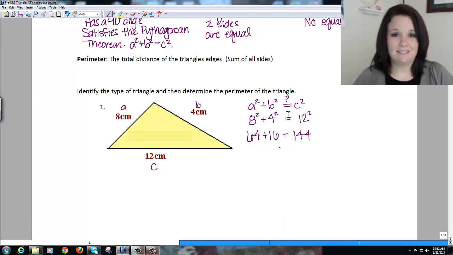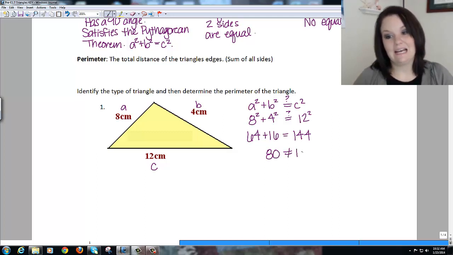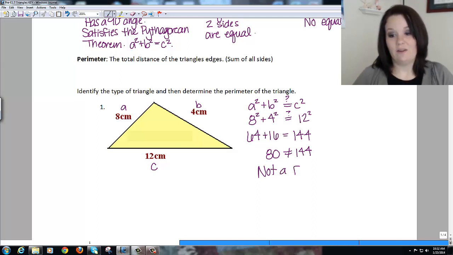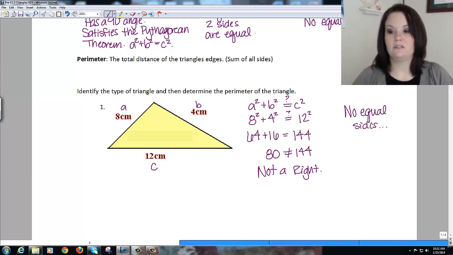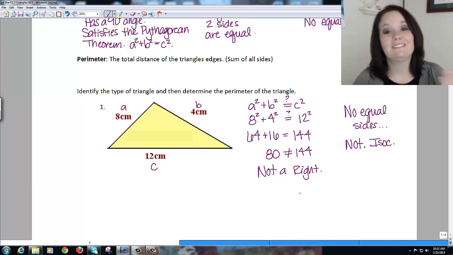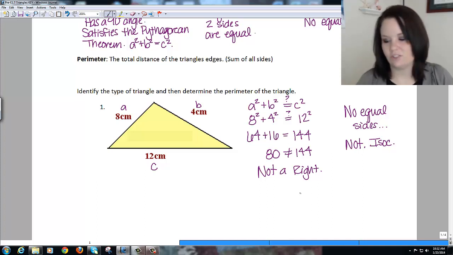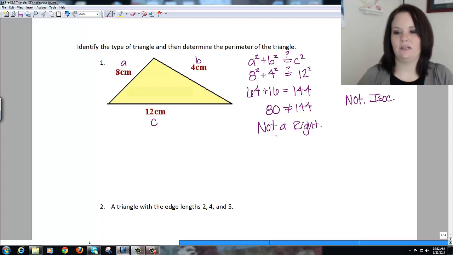Now, if I add 16 and 64 together, that gives me 80. Okay, and 80 is not equal to 144. So this tells me this is not a right triangle. And then since we have no equal sides, then we know this is not isosceles. So if it's not a right triangle and it's not isosceles, that means it's a scalene triangle. Okay, so I'm going to go ahead and put on here that this is a scalene